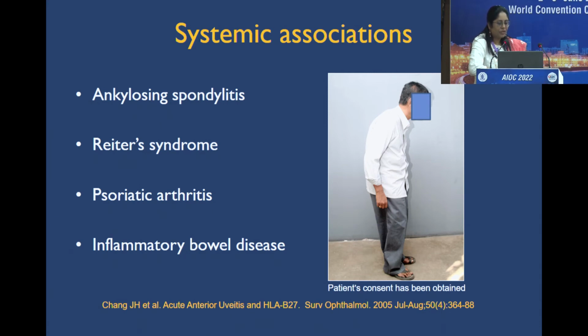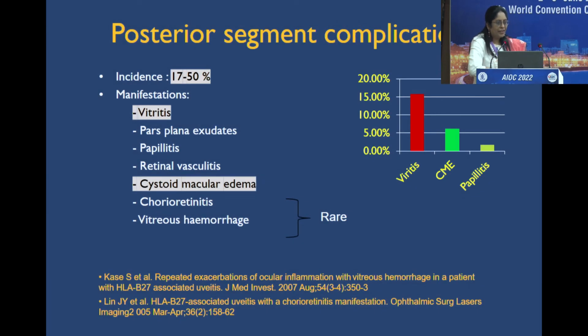So we had to control everything and then go ahead and do surgery for him. The less known aspects is what I thought I would just quickly roll in, the posterior segment complications. Based on the literature that I searched, it can vary, as it's usually not expected to be very frequent. Perhaps we would average it out and say less than 25% of patients would have posterior segment involvement or complications,